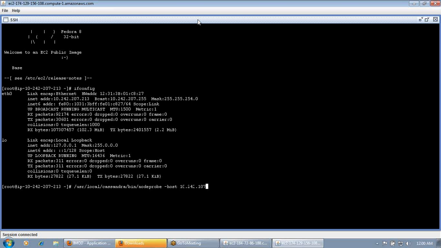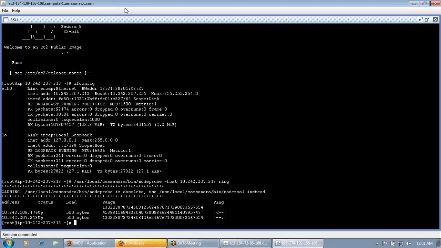This is the private IP address of the server. So here you can also see these servers are in a cluster. So let's enter into the Cassandra client.